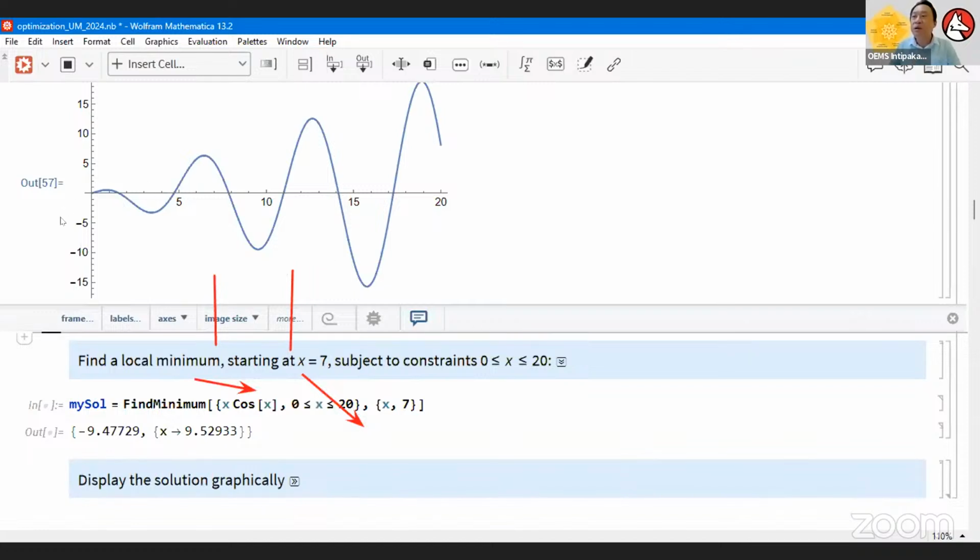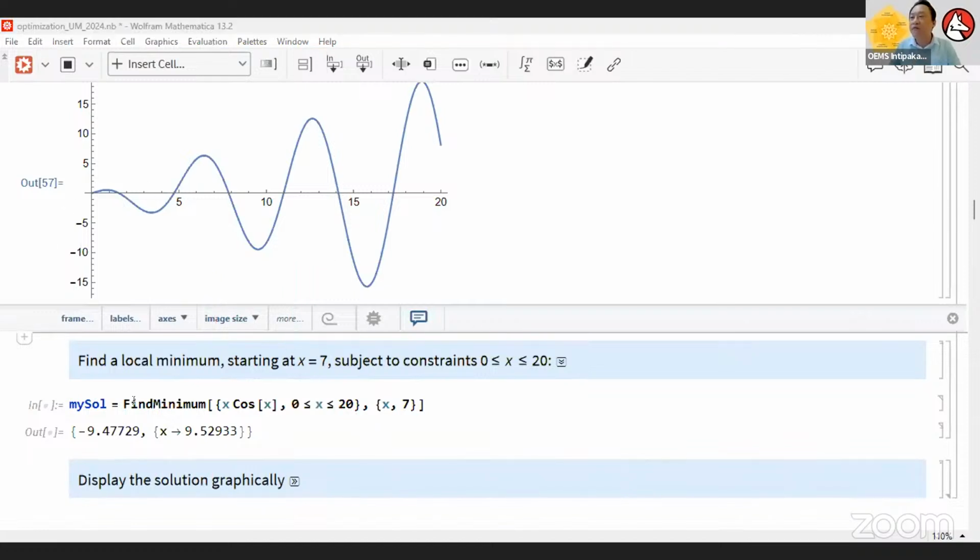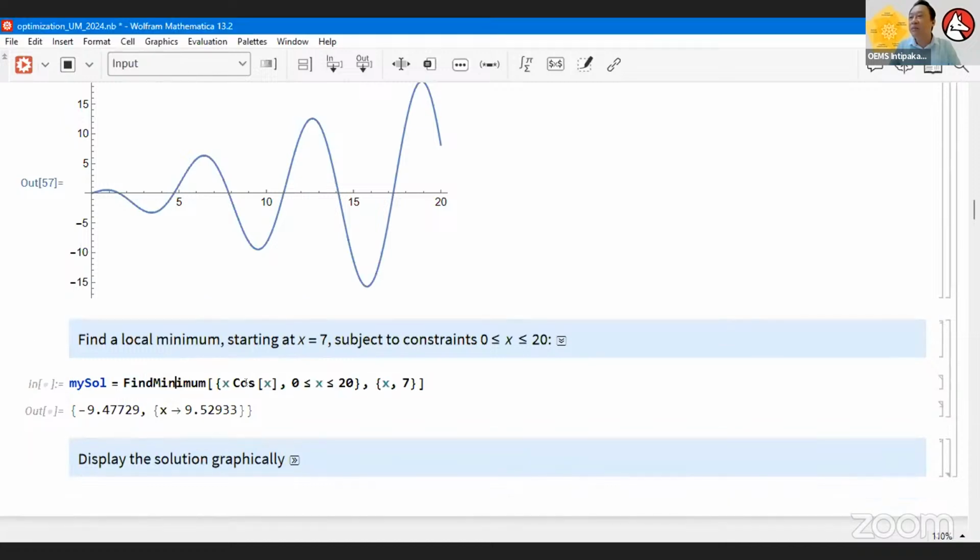For the numerical approach, I say, hey, I want to find the minimum. Of course, I have to tell it the searching point is somewhere near x is 7. I want to start searching from x is 7. The range here again, like previously, is 0 to 20. When I start searching, the system tells me this is the result.